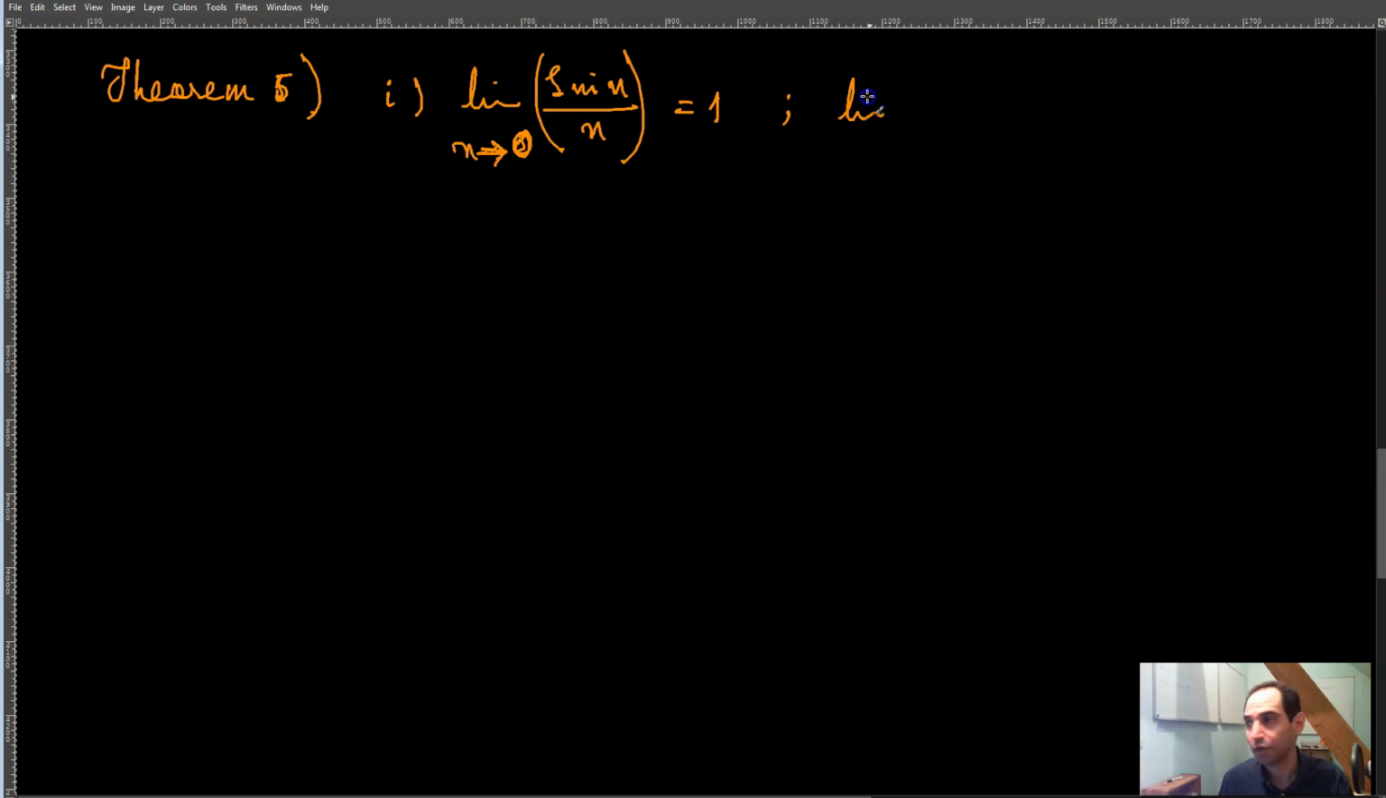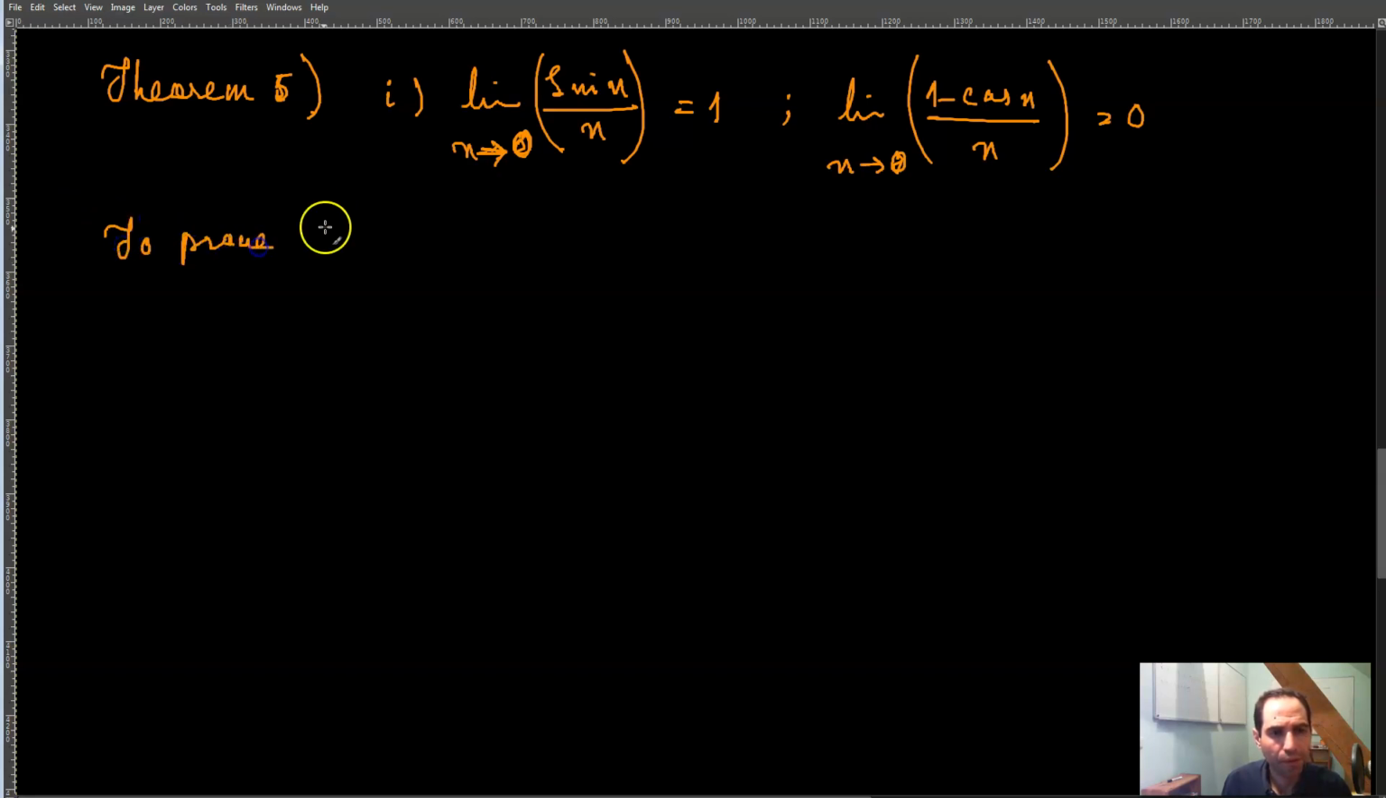And also the limit of 1 minus cos x over x as x tends to 0 is equal to 0. These two are absolutely important. You need to remember them. Okay, so now to prove number 1, we have basically the Sandwich Theorem. The Sandwich Theorem, we said that